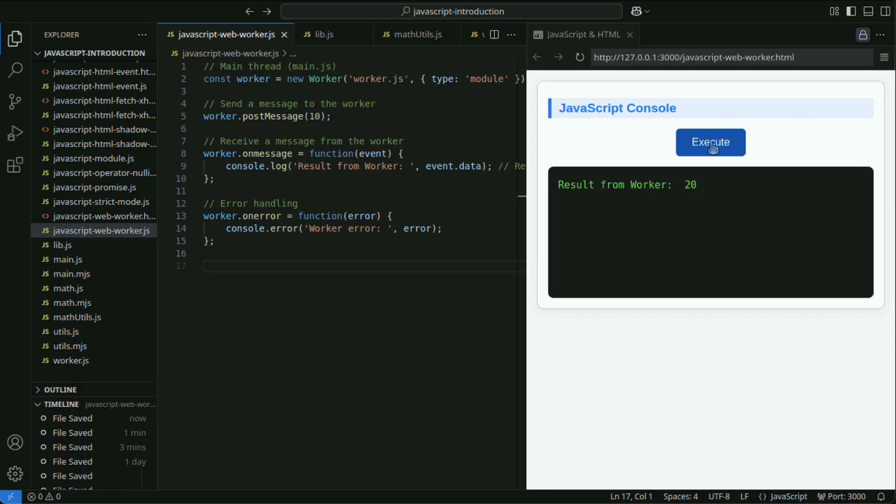Async functions are suitable for the following cases. It is suitable for network communication such as API calls. It is suitable for file reading and writing using browser APIs or Node.js.